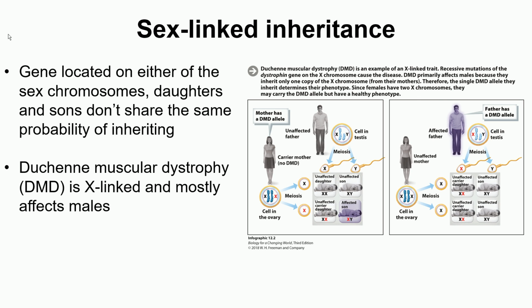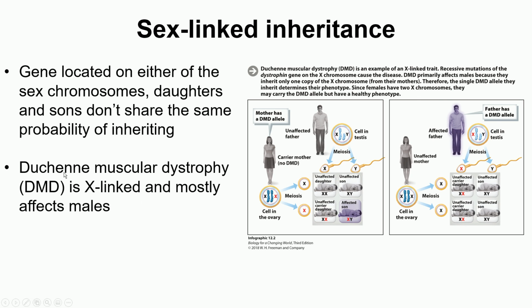In the case of man, because they have only one copy, if that allele gets mutated, the man will show the disease. But in the case of female, because there are two copies, if one of the alleles is mutated, that female is a carrier. She is not going to suffer from the disease, but she will suffer from the disease if both the copies get mutated. So here is one example of a disease which is because of a gene mutated on